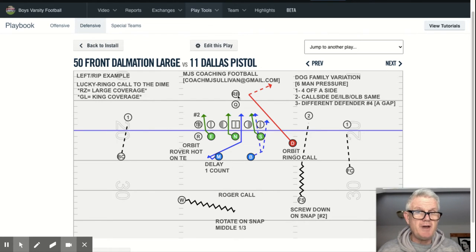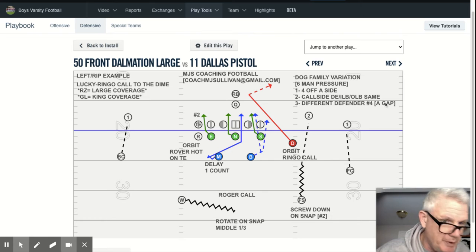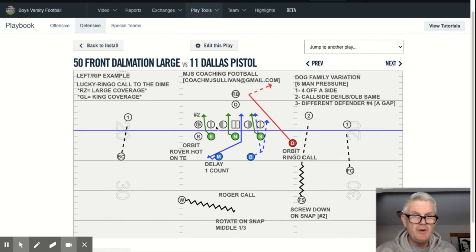The similarity is with the running back. We account for the running back in large and king, the outside defenders, whether it's the blitzer or just an outside defender, like in this case, the end is the outside defender. If the running back were to come outside, the end would peel with them. If the running back goes outside toward the dime, the dime would peel with them. If the running back were to disappear inside, one of these inside defenders would tackle him. That's in both large and king. Okay? Which makes it easy for us to execute this same six-man pressure with the two different